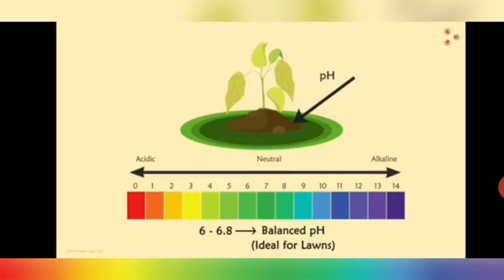If it is getting too much acidic, then we have to add some basic substance to get it neutralized. Similarly, if it is just too much alkaline or too much basic, if its pH is increasing, then also we have to add some acid to neutralize its effect. So this is how in the case of plants pH works.